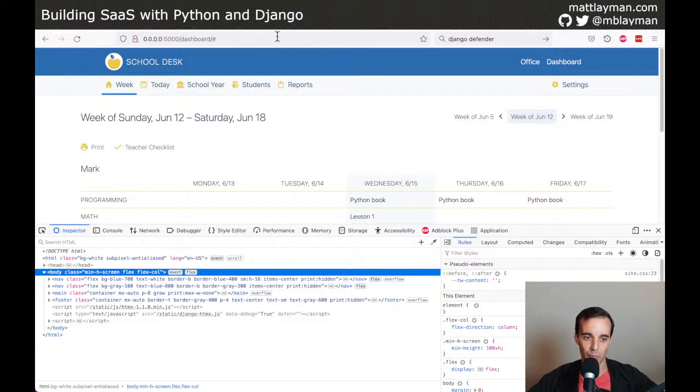Our template is probably going to need some other data. So notice up here,